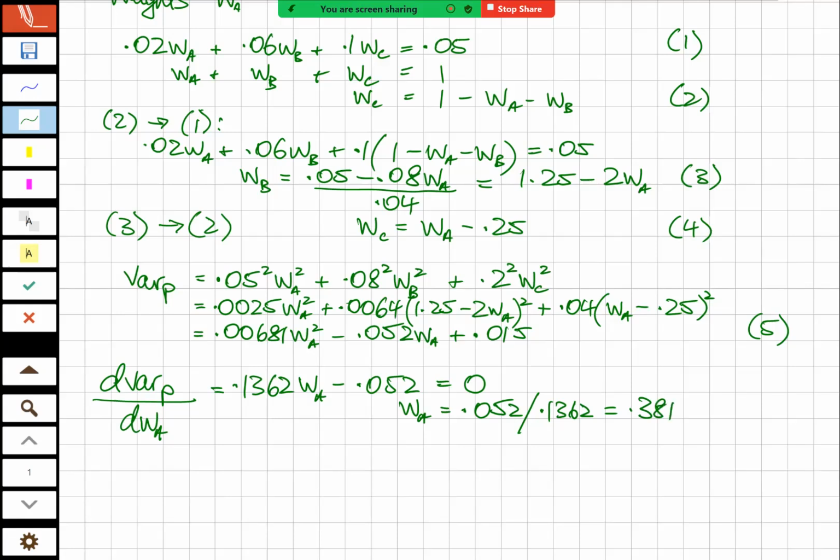And it's a little arbitrary how many decimals you want to muck about with here. And then once we've got that for WA, we can go back to the other formulae. So we're going back to equation 3 here. So it's 1.25 minus 2 times the value we just calculated. And so then WB comes to 0.48